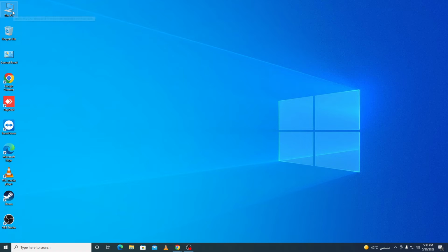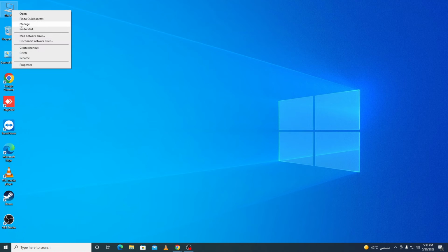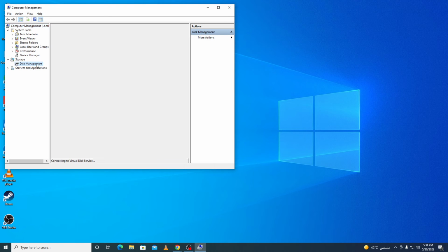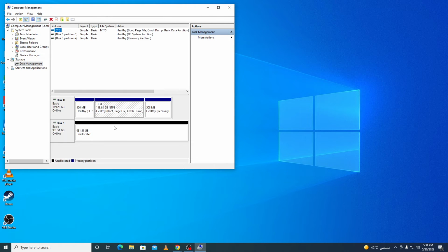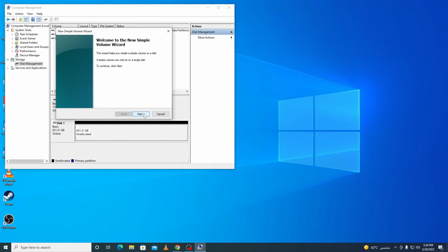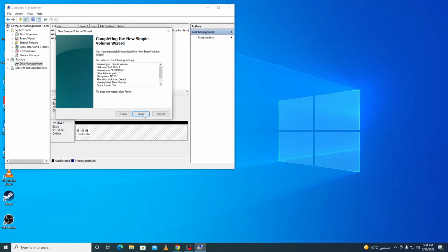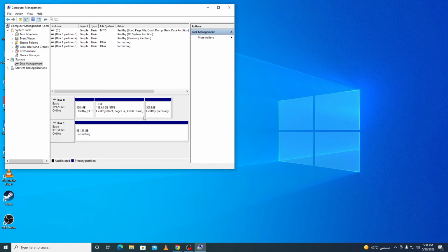Go to This PC and right-click. Go to Manage and go to Disk Management. There you see here, right-click, New Simple Volume, Next, and Next, also Next. It's finished. See, there is a new volume D,